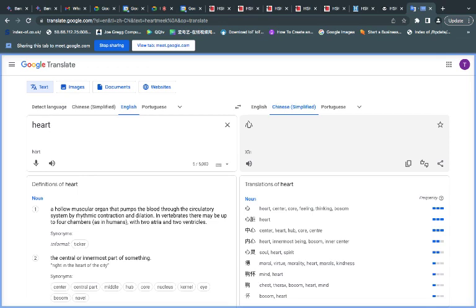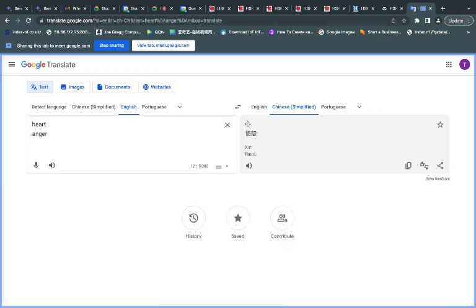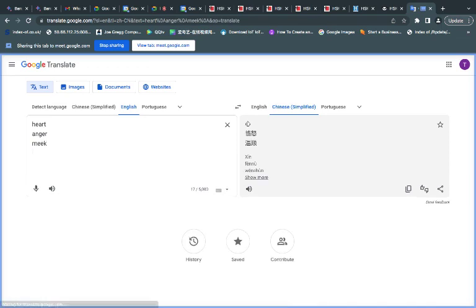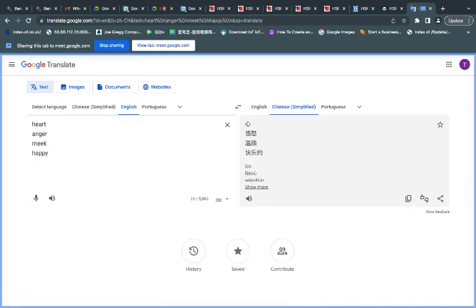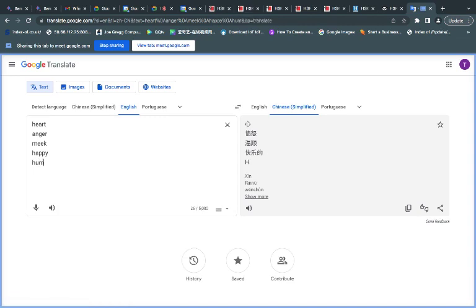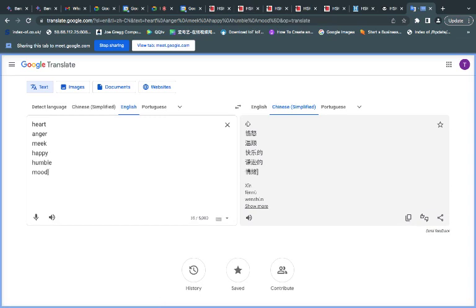And then if you want to do some feelings, I'm just going to see how many come back with heart. I'm happy. I'm going to see if humble is also one of those characters. Mood. I'm also going to say, okay, these ones are not really helping me, but there's one that did.